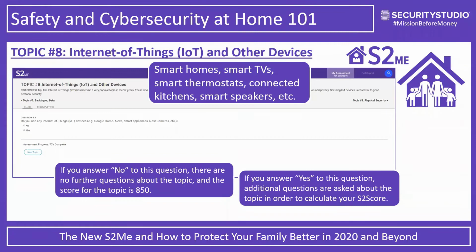I recently purchased a new TV and it came with Alexa installed. I didn't want Alexa installed on the TV, but I didn't have a choice. And so I do want to break down a little bit more of what the Internet of Things is, just in case you're unfamiliar. So Internet of Things simply means any device that connects to the internet in order to provide some form, function, or feature.